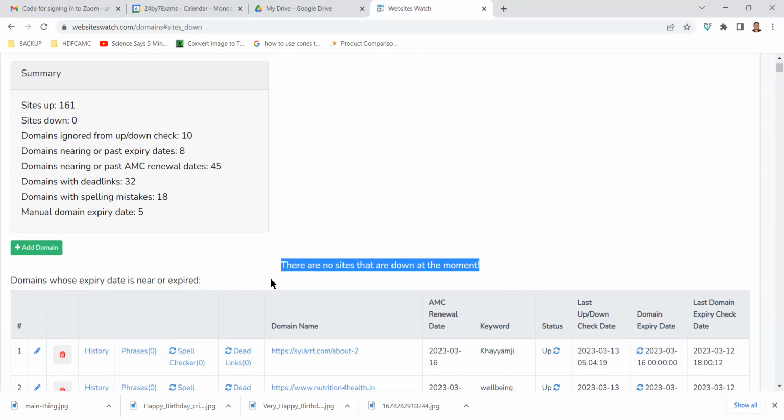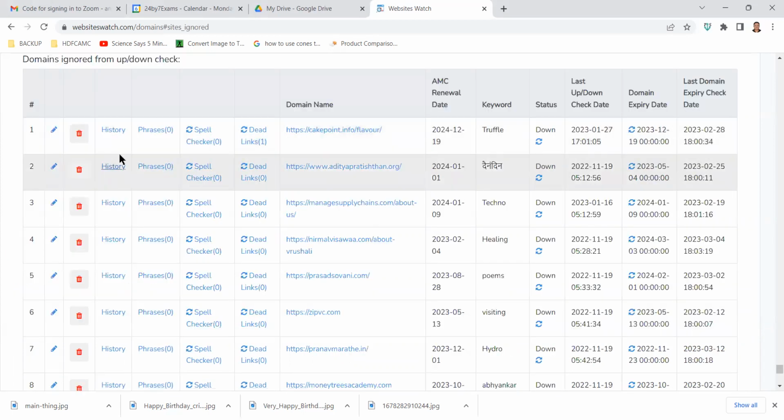If a site is down, then what to do is beyond the scope of this particular site. This is only for watching it, right? What to do depends on a case to case basis. Okay, then again, here this is also very important, because if I click on this, then it tells